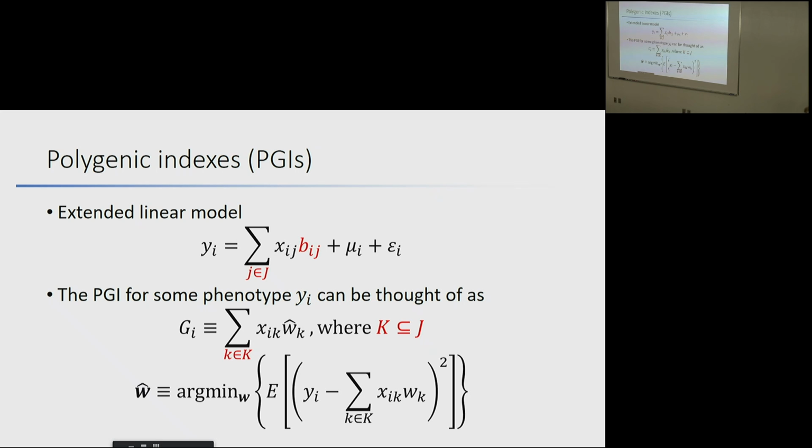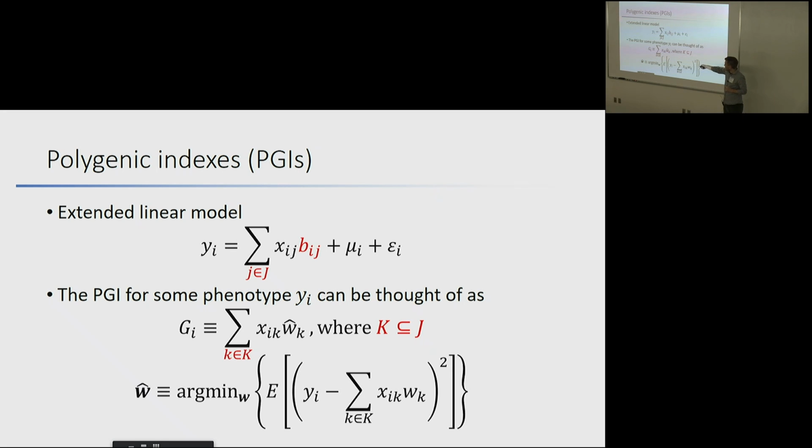Okay, so let's talk about polygenic indexes. I'm going to extend this linear model a little differently from what I showed you earlier, just to make a handful of other points. Specifically, I'm going to make these effects individual specific. So instead of being the average effect in the sample we're using, this is the true effect for this particular individual. If we edited their genotype at conception, what would be the effect on their phenotype? It could be different for everyone. So when we're doing something like a GWAS, we're getting the average B sub ij in our sample, but you could imagine there's some heterogeneity in the B for every person.